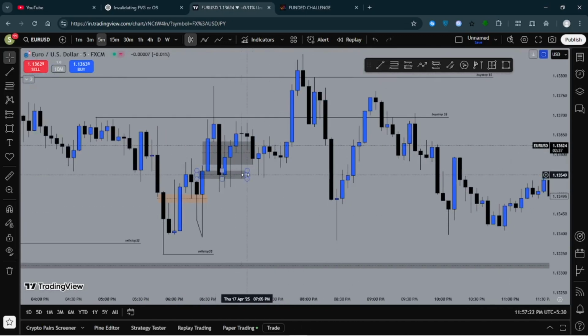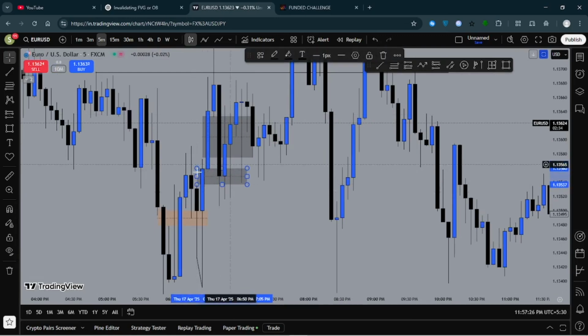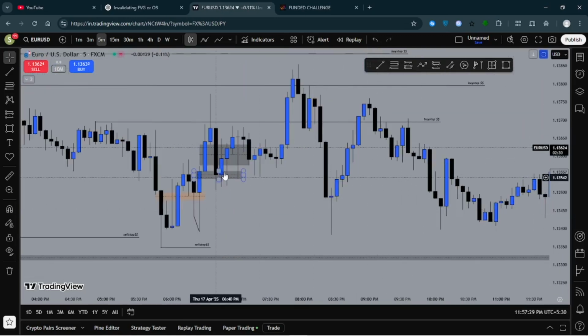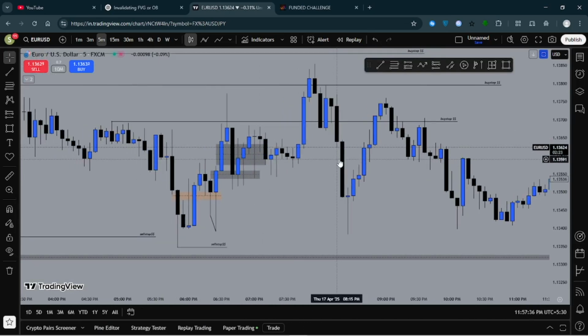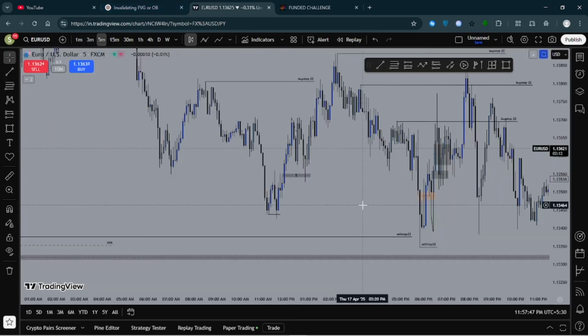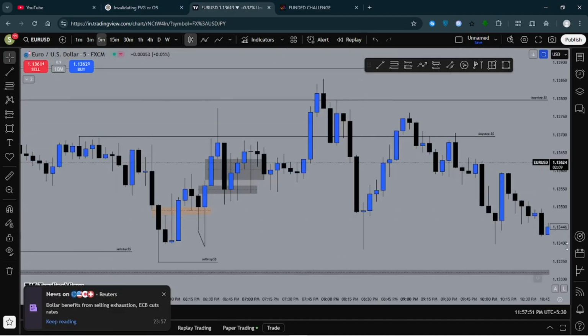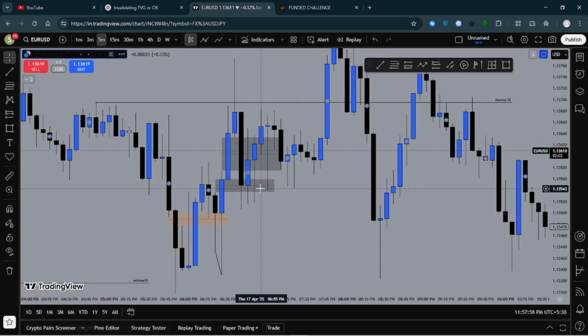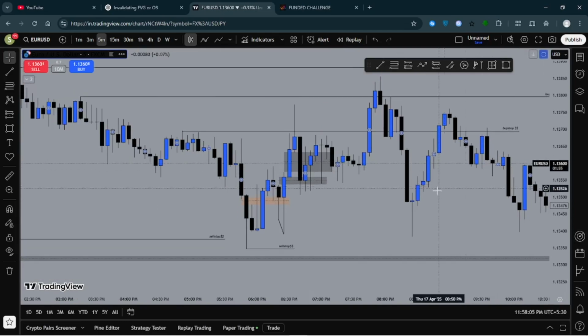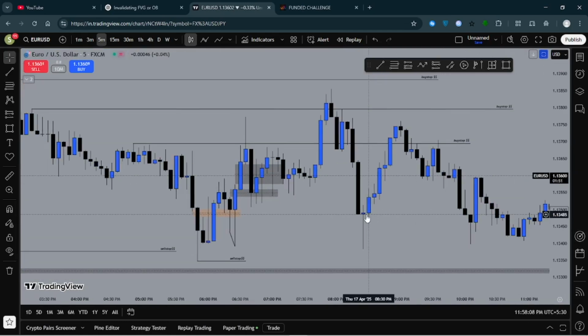Now, what ended up happening? I didn't notice this fair value gap here. If you look, this one got respected and started pushing to the upside. So my idea of taking a sell short position, the model was actually invalidated in the first place. Even though you have your structural shift, you are inside a conflict zone and you're seeing your model playing out. So it's not a high probability model, and there is more chance for it to get invalidated, which happened here. So the first thought process of ours had played out. Break of structure, came back to respect this and pushed to the upside.